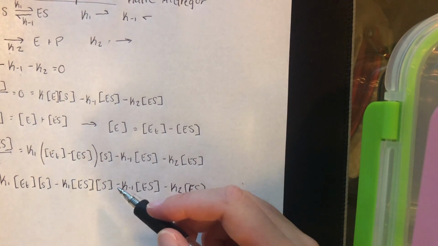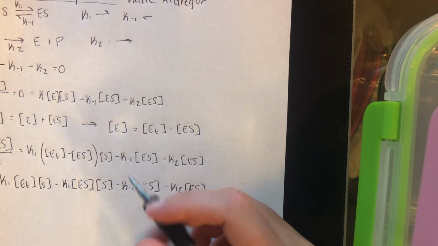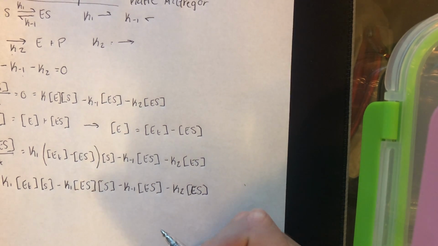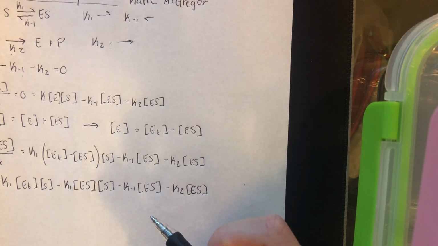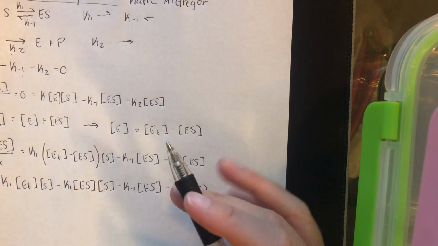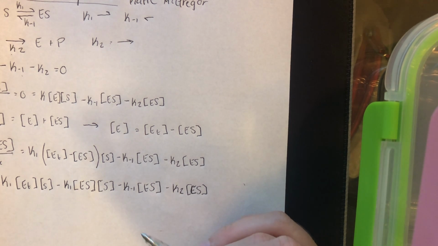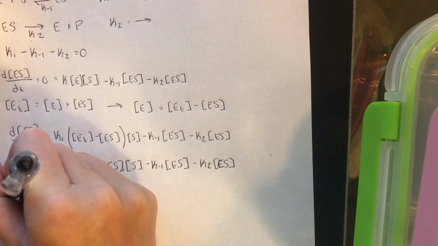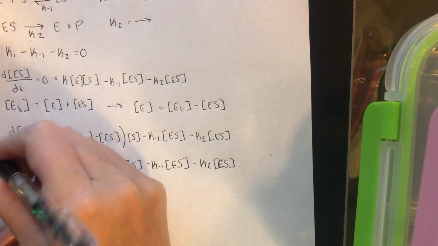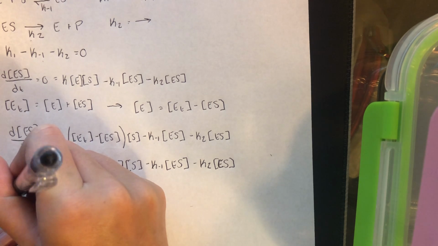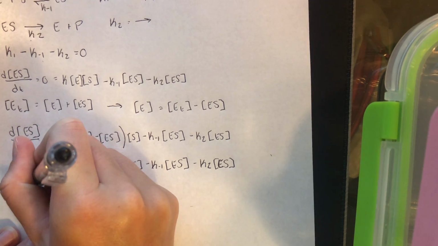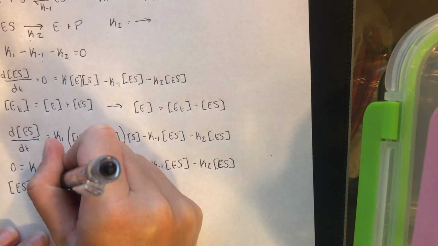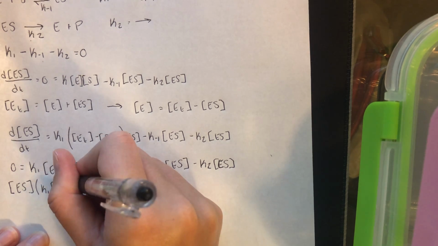So now our goal is to use this equation to solve for the concentration of ES. So we have to get all terms of ES to one side of the equation, and then we can divide, leaving ES by itself. Let me just start writing this out. We have to get all of ES on one side. So we have ES times K1 S plus K negative 1